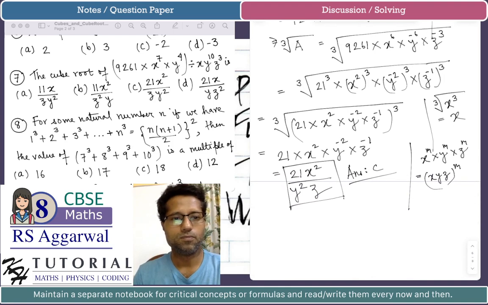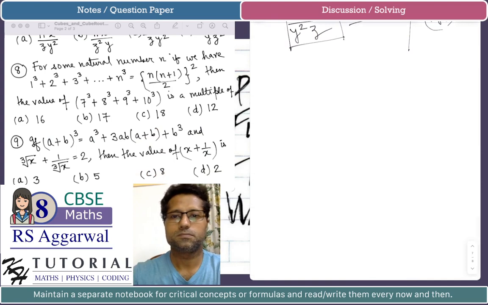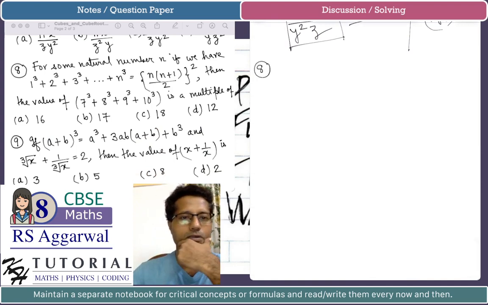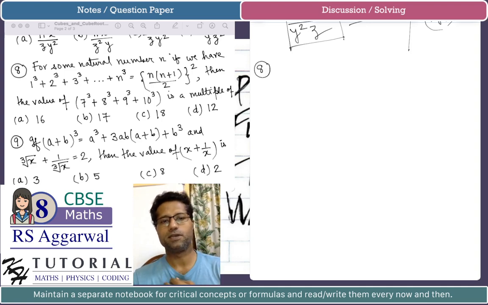Okay, let's do problem number 8. It is saying that for some natural number n, if we have 1 cube plus 2 cube plus 3 cube plus up to n cube equal to n into n plus 1 by 2 whole square, then the value of 7 cube plus 8 cube plus 9 cube plus 10 cube is a multiple of,